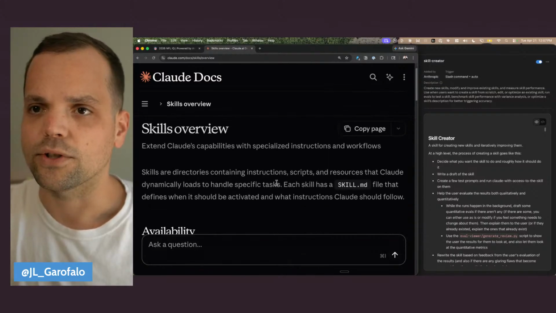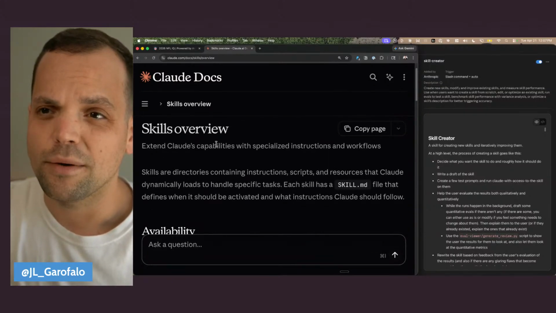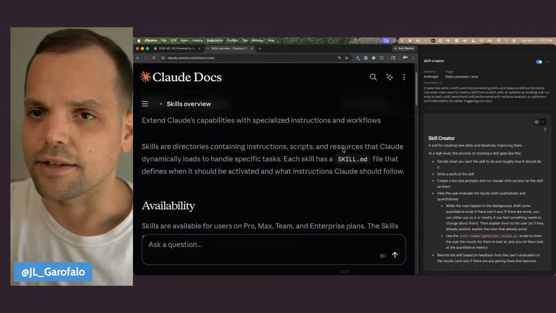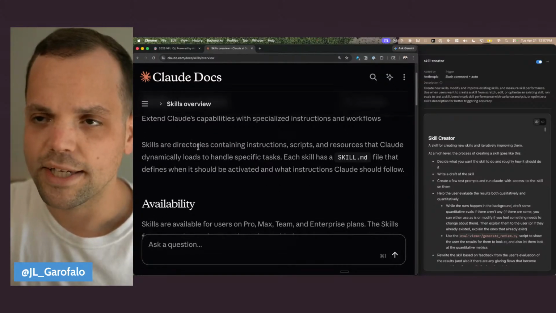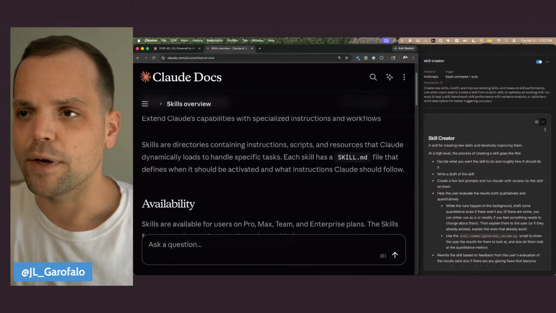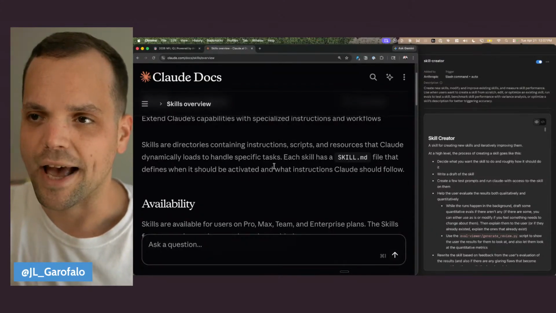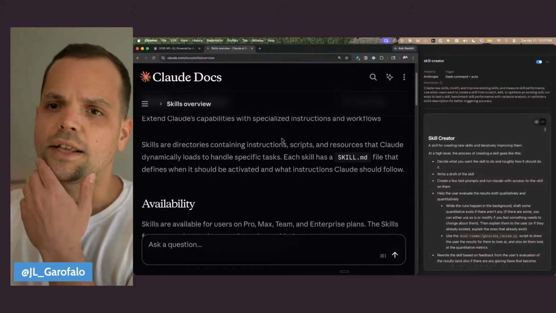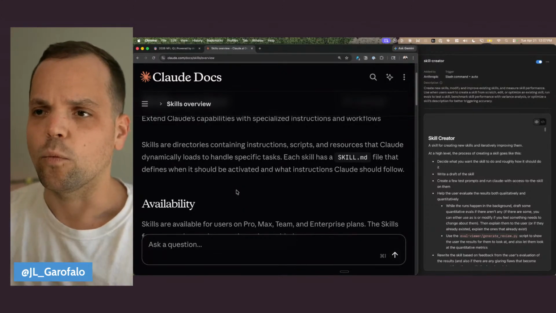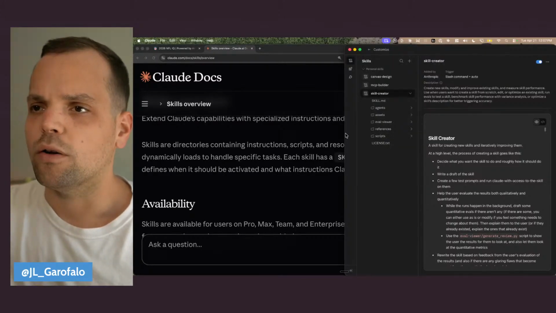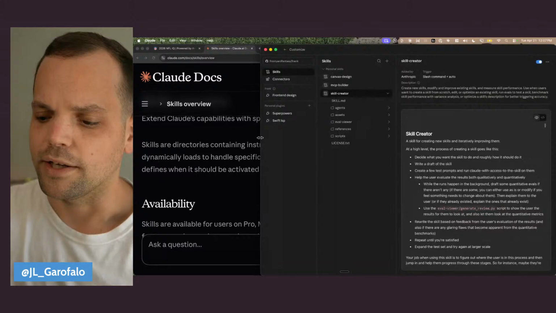Claude Doc skills. Skills extend Claude's capabilities with specialized instructions and workflows. Skills are directories containing instructions, scripts, and resources that Claude dynamically loads to handle specific tasks. Each skill has a skill.md file that defines when it should be activated and what instructions Claude should follow. And if you've ever used Claude before, which we have open here on the right side of the screen,